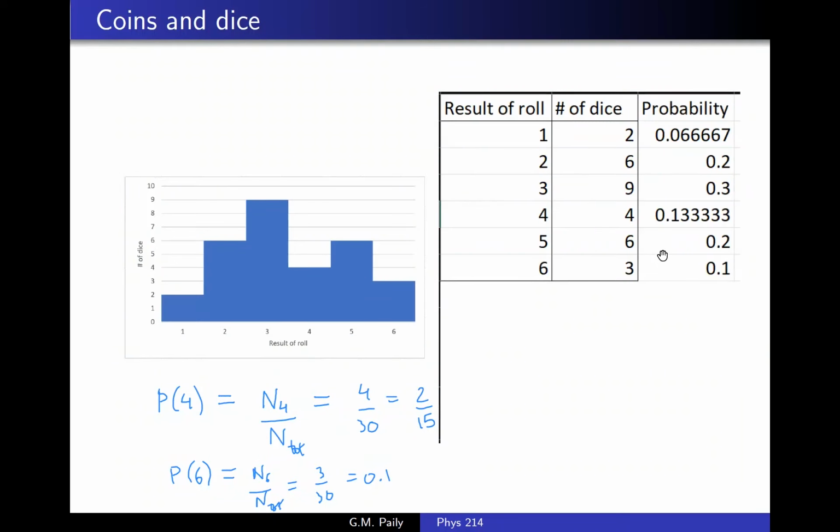And I can display that graphically. Here I'm displaying the number of dice as a function of the result of the roll. And here in the table, I've added a column for probability, and it's simply the number of dice with that particular result, divided by the total number of dice. And we can check, and yes, if I add up all the probabilities, they will still add up to 1, which makes sense because